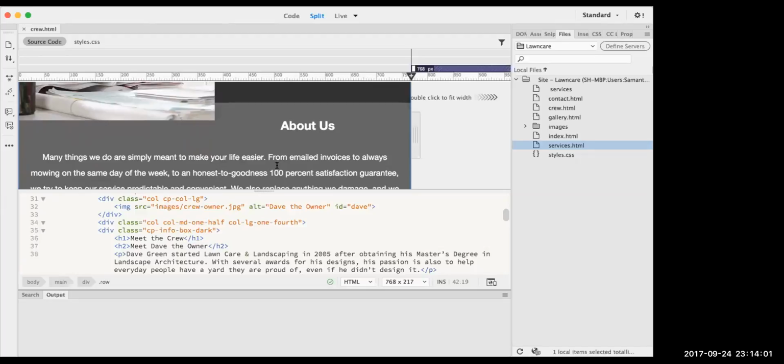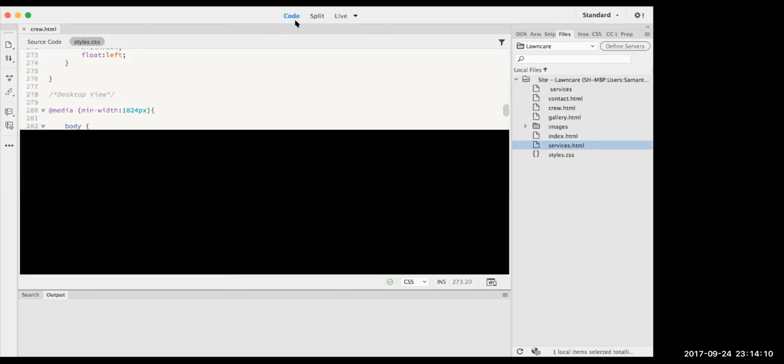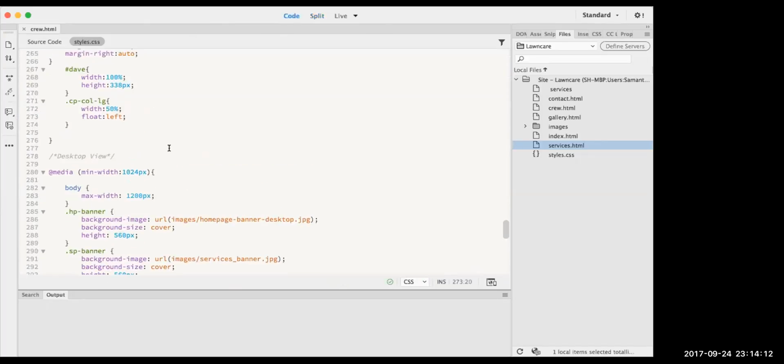No, I didn't. We don't have to mess with that in the desktop view. Okay, but we do need to edit one of your rules. Go into your CSS and go to Code View. And under Tablet View,